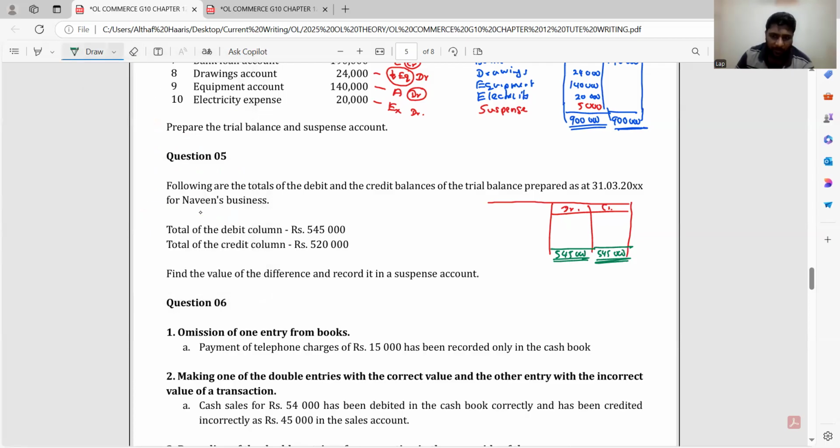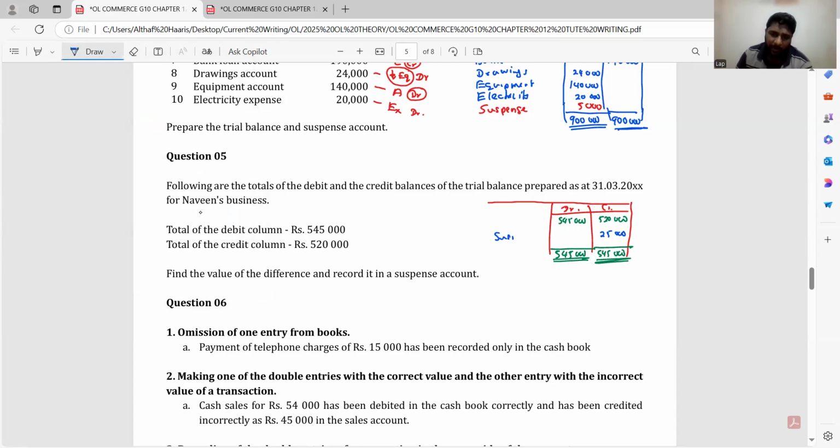Here you have 545, here you have 520. That means on the credit side, 25,000 is missing. So that missing 25,000, temporarily,